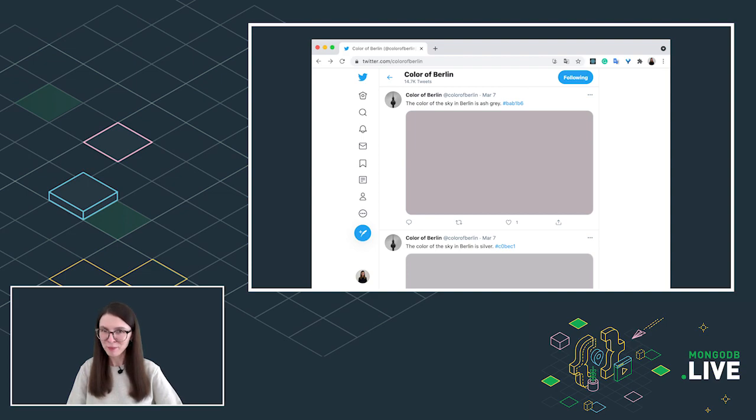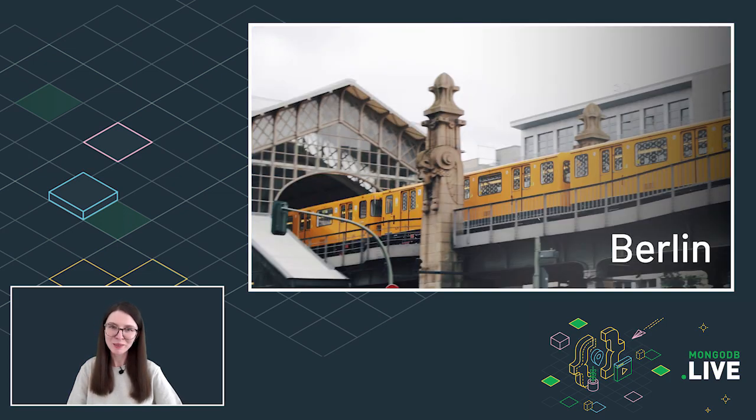If you have never been in Berlin, you are probably confused. What is the big deal? What are you talking about? Even though sometimes we are lucky and can enjoy the blue sky and sunny weather, unfortunately most of the time the color of the sky seems to be gray or grayish.